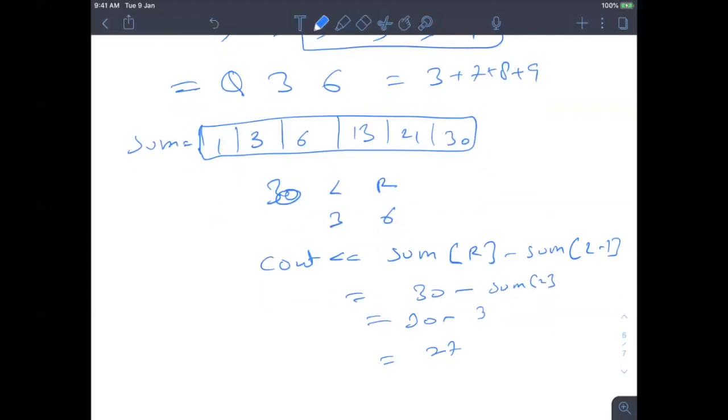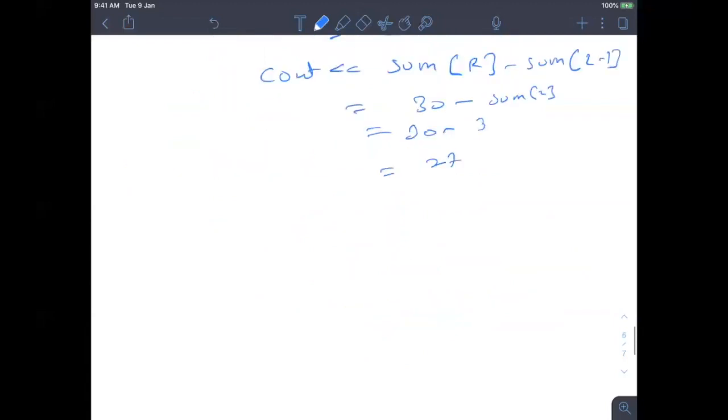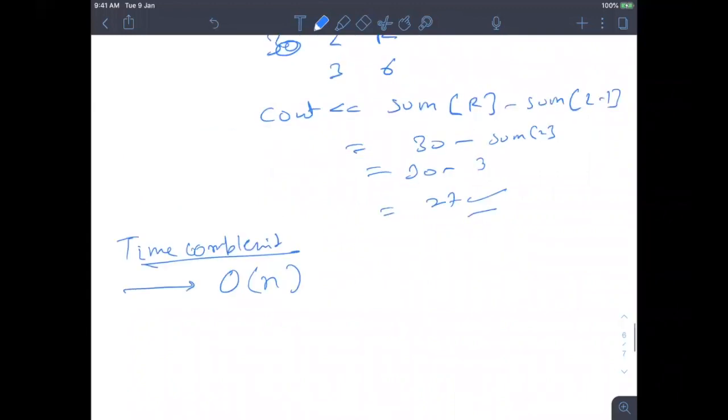Let's verify: 3 plus 7 is 10, plus 8 is 18, plus 9 is 27. You got the answer. Now what will be the time complexity? You first precompute an array in order n time, running a loop to compute this array or the XOR array. You precompute it only once.